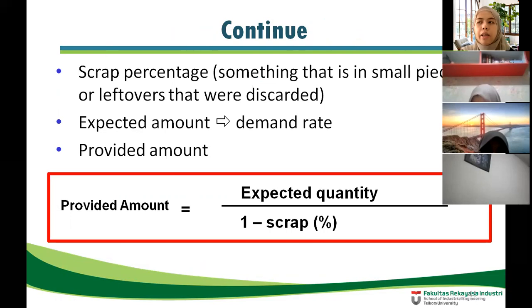And then we have the expected amount. The expected amount can be obtained from marketing information. The marketing unit will forecast how many customers will buy our product. So the number of customers is just like the demand rate. And then how to count the provided amount: using this formula, expected quantity divided by 1, where 1 is a given number, minus the scrap percentage